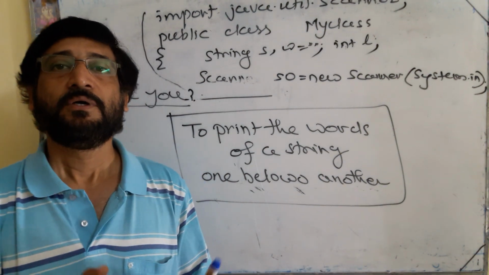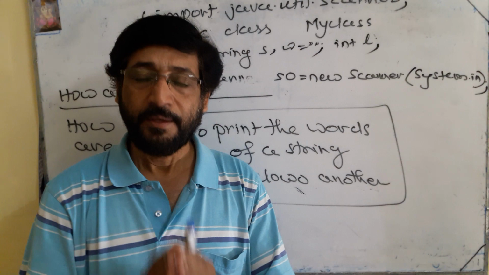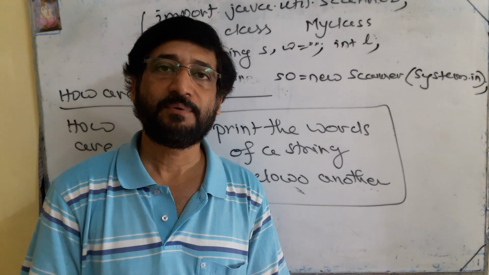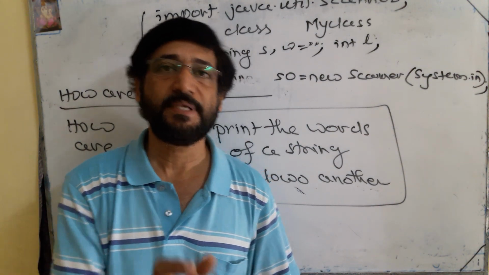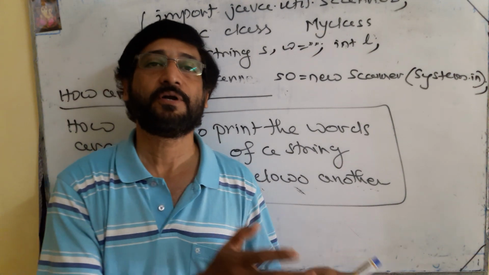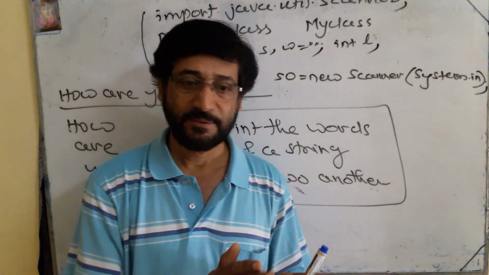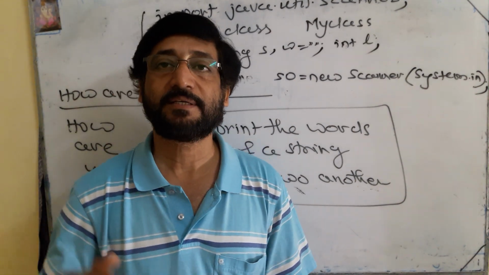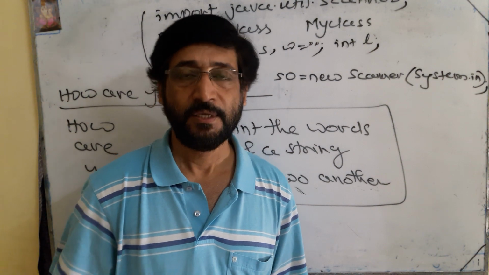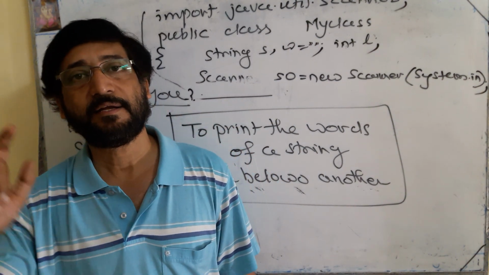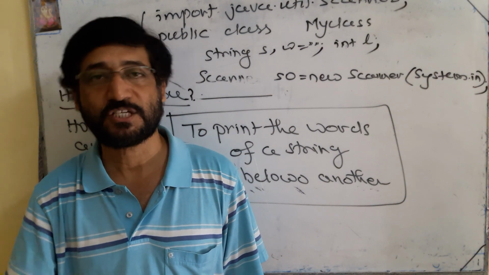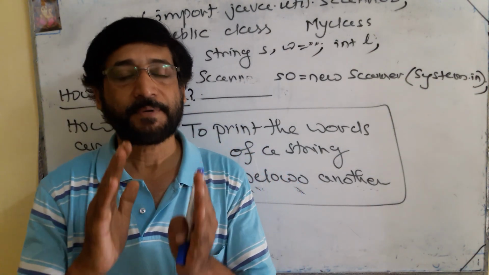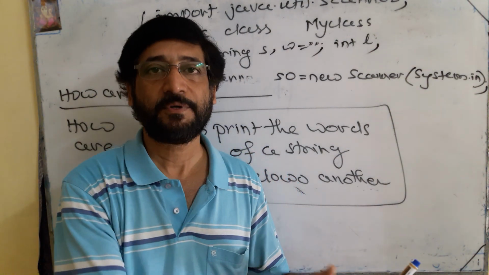After the string is input, the user may type some space characters before and after the string. We are selecting the words based on the space character. We say it is a word only after getting the space character. There is a space after the first word, after the second word, and after the third word, but what about the last word? There is no space character. So you have to add a space character at the end of the string to extract the last word, because our logic is based on the space character. After getting the space character we will confirm, okay, we have got a word.